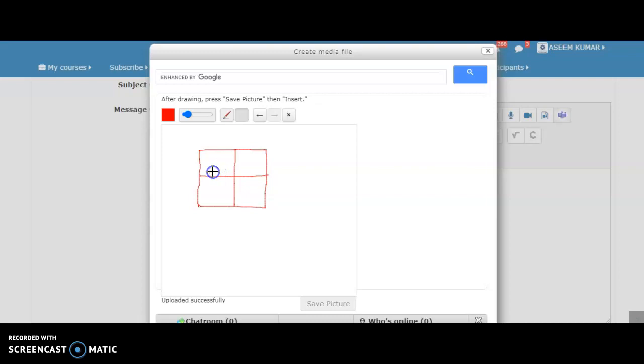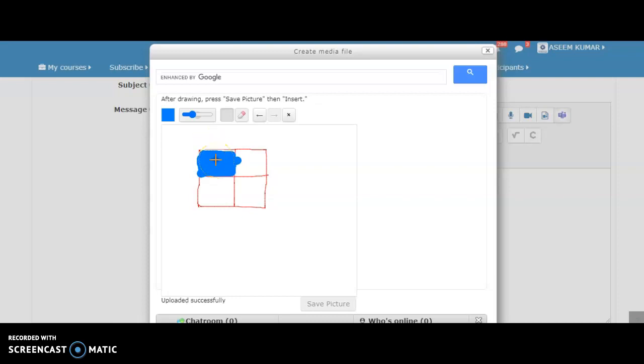Now if I want to show this square as a colored fraction part, I can select a gray color and make it slightly thicker so that I can fill it quickly. Oh, this gray color is not visible, so I will select another color. Say I'll select blue color. Yeah, so in this way I can use this.